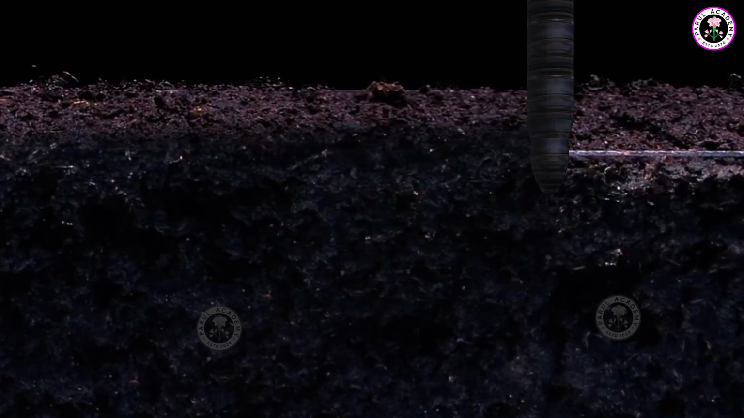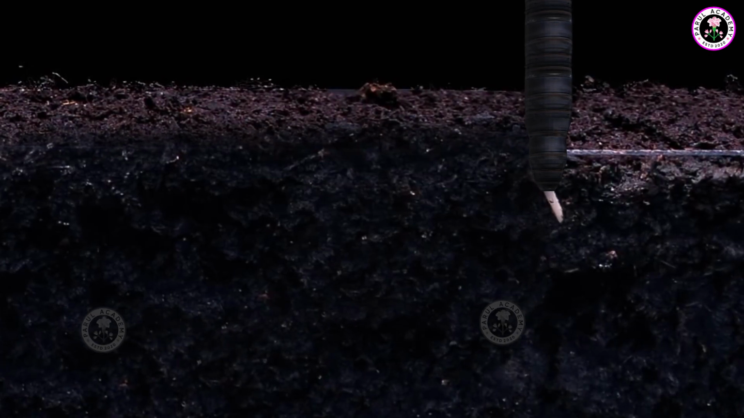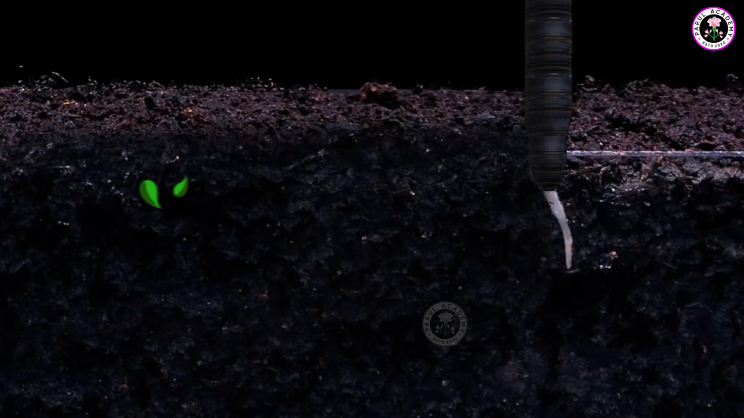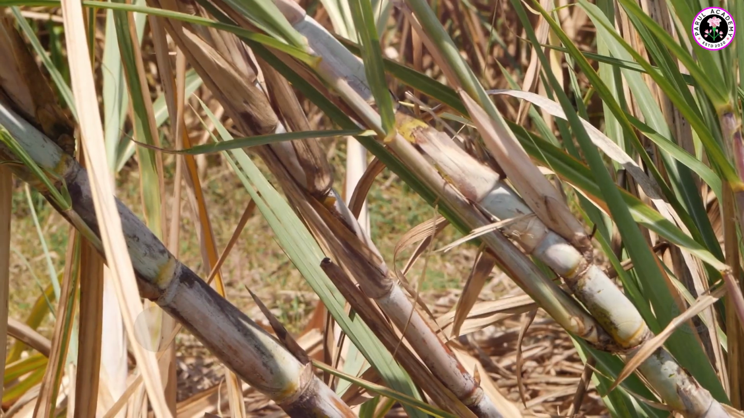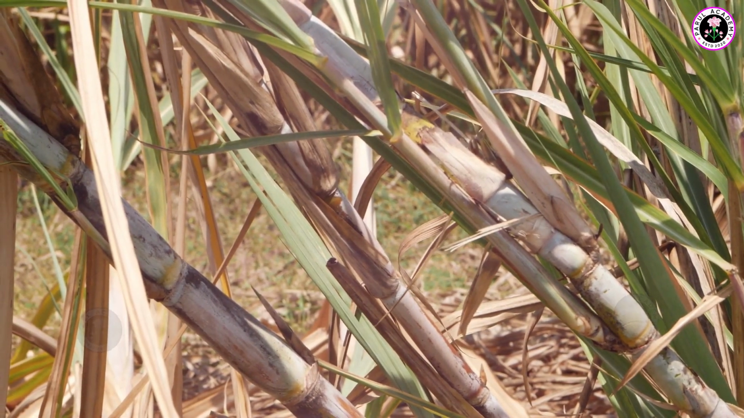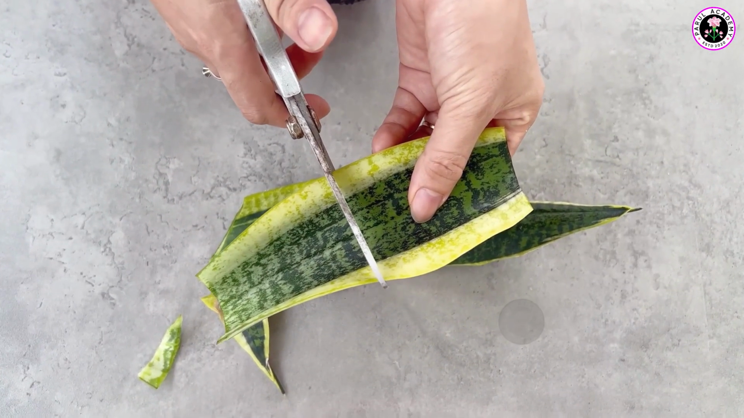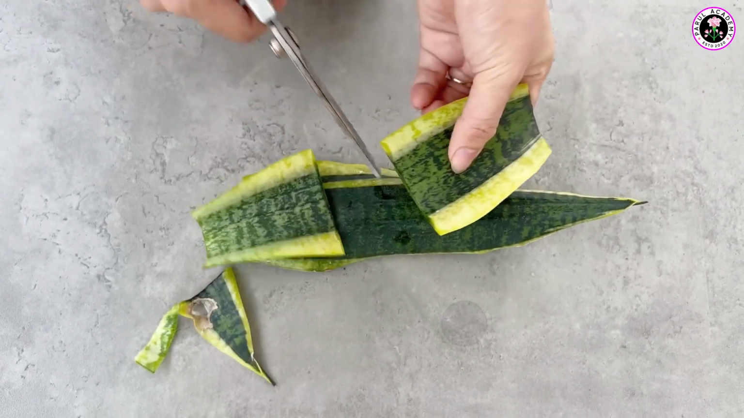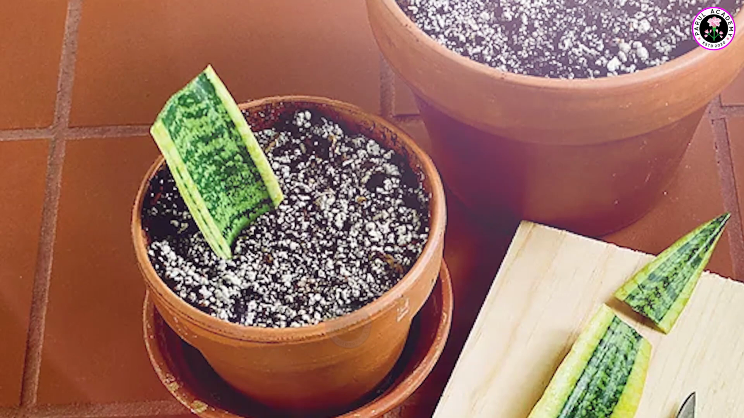When this type of cutting is planted in the soil, special roots are formed from them, which are called adventitious roots. The buds at the base develop into new plants. It is done in rose plant, sugarcane, hibiscus, and dhatura. For leaf cutting, the leaves are cut transversely into 2 or 3 parts and planted vertically in